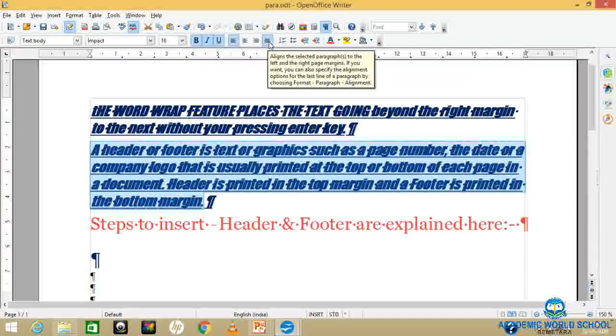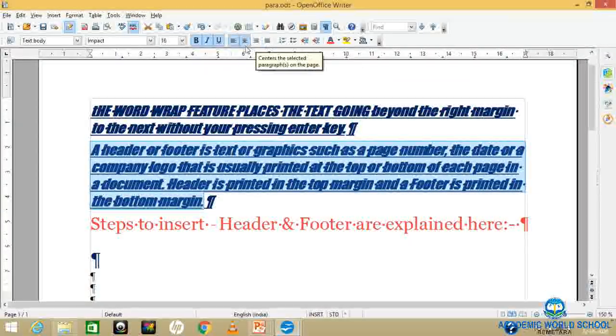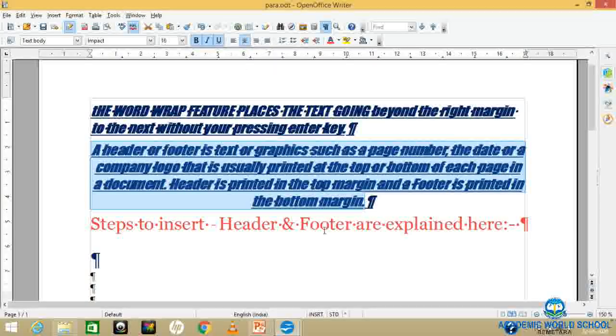Alignment means the placement of the text on the document, known as text alignment. This alignment can be arranged through the formatting toolbar. Here you will find four types of alignment: horizontal alignment, that is left alignment, center alignment, right alignment, and justify alignment.